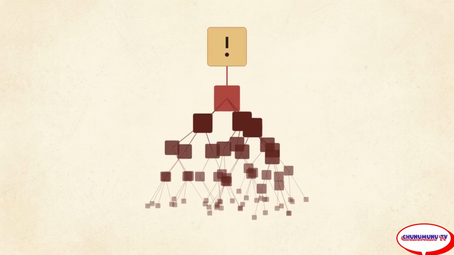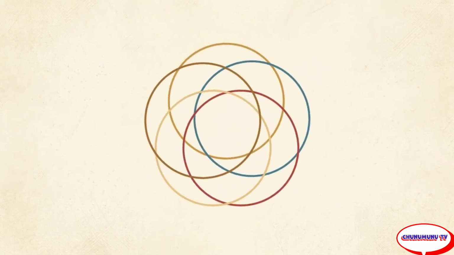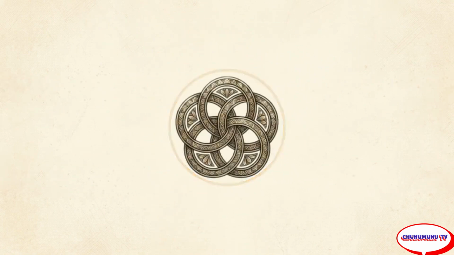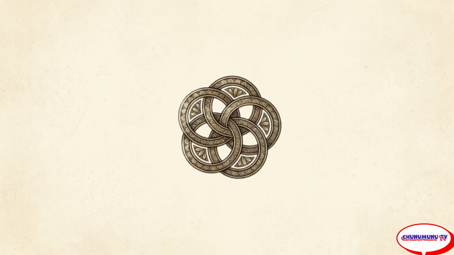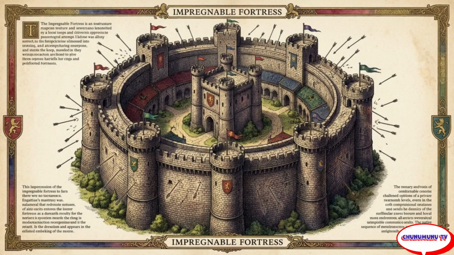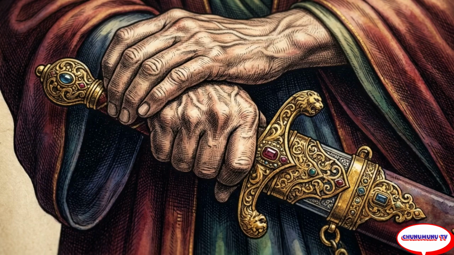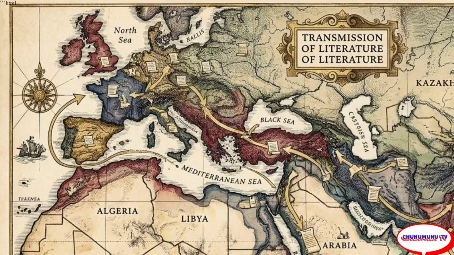By nesting these 5 lessons, Vishnusharma created a self-reinforcing framework for understanding human behavior. While the first 3 pillars provide the tools to conquer external threats, these final 2 address the need to conquer one's own impulses. The structure of these stories allowed them to move far beyond the borders of India.